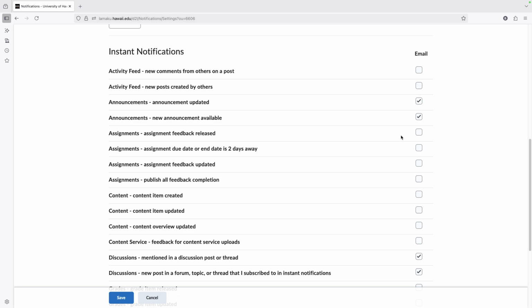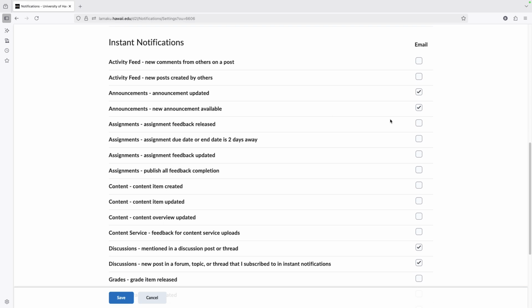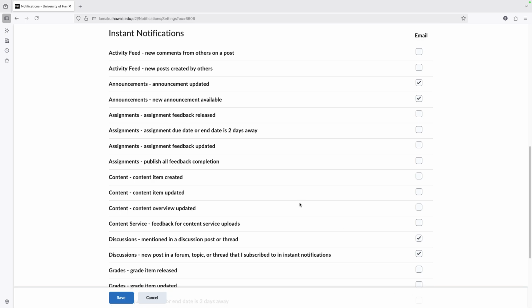However, the one frustrating thing is that you can't set notifications specifically for each of your classes. This is a general setting for all your classes, all Lamaku interaction notifications, right? So if you do have classes where you have assignments, you're going to have to check those things off, right? And so I would leave everything on initially, just have everything checked, and then see how it goes for you, and try to read all the notifications. You'll get the little number next to your app when you have your app, and just see what's useful to you. And if you're getting overwhelmed and you're like, oh, I don't need this and I definitely don't need this,